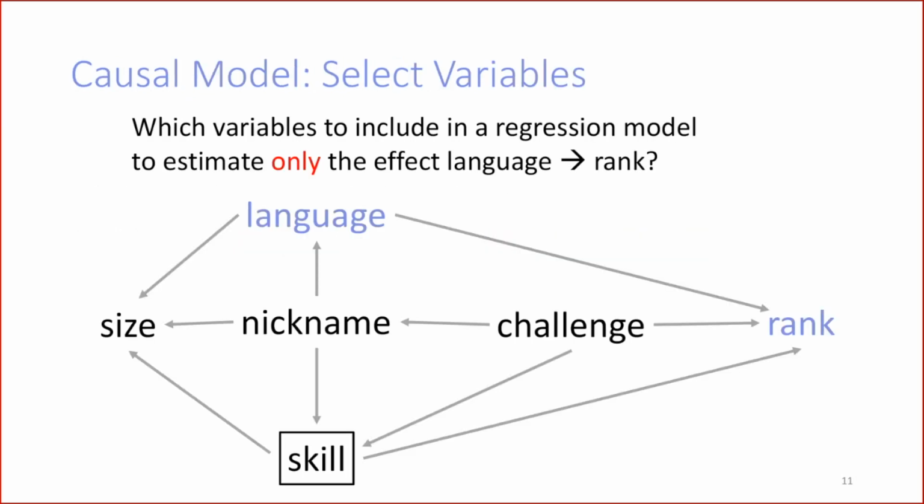And how does it work? Well, essentially we have to do two things. We have to look at all of the paths on this graph that go from language to rank. And then there are two main kinds of things that we have to do. First of all, we have to block confounders. What does it mean? So here I'm showing you a path in yellow, and you notice that it's not a directed path, in the sense that the path from language to rank goes against the direction of some of these arrows. So what this means is that this is a non-causal path because the arrows denote causality.